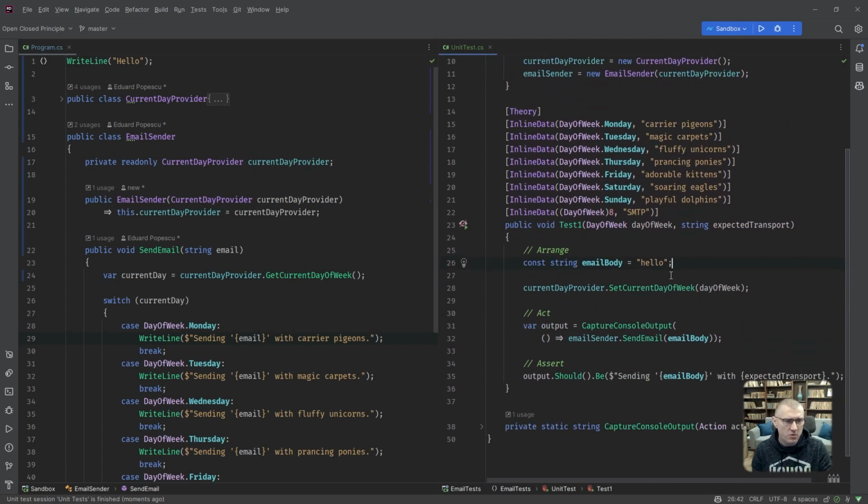But it's cleaner. We exported unrelated test stuff outside of the test. Hence, our test is cleaner and easier to read. Okay, what does this test do? Well, setting up the email body, injecting the current day of the week, sending an email, and then checking the output. That's it. I mean, it cannot get simpler than this, I hope. Anyway, comment down below. Okay, cool.